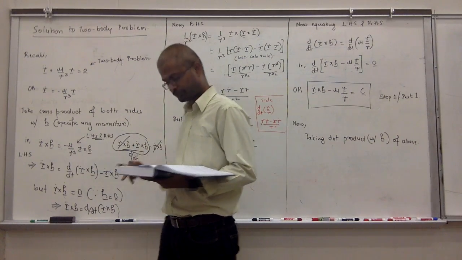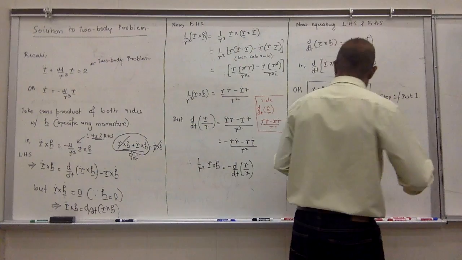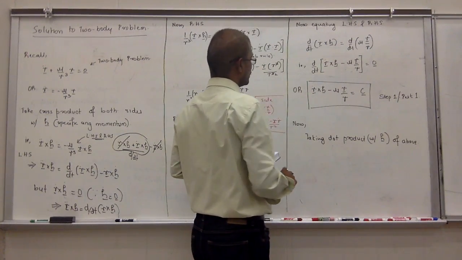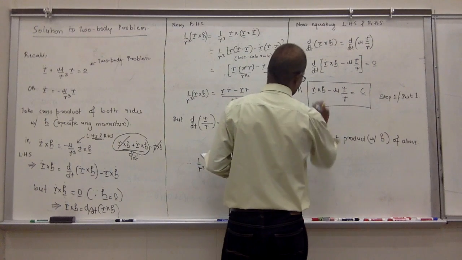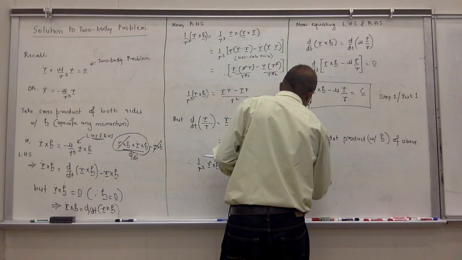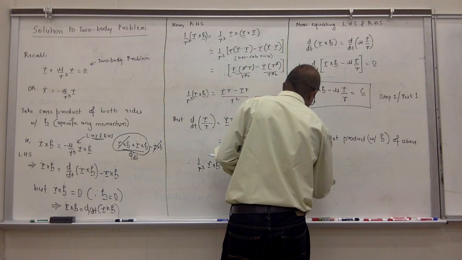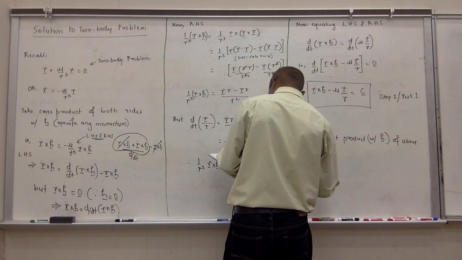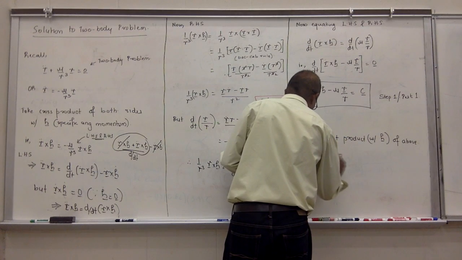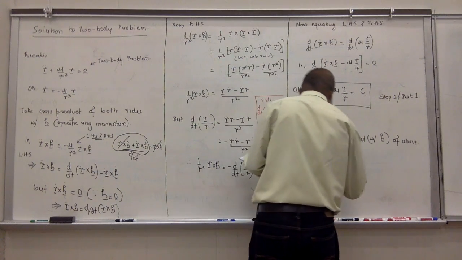Alright. Now let's do another step and take the dot product of this equation with H. What are you going to get? R dot cross with H. Minus